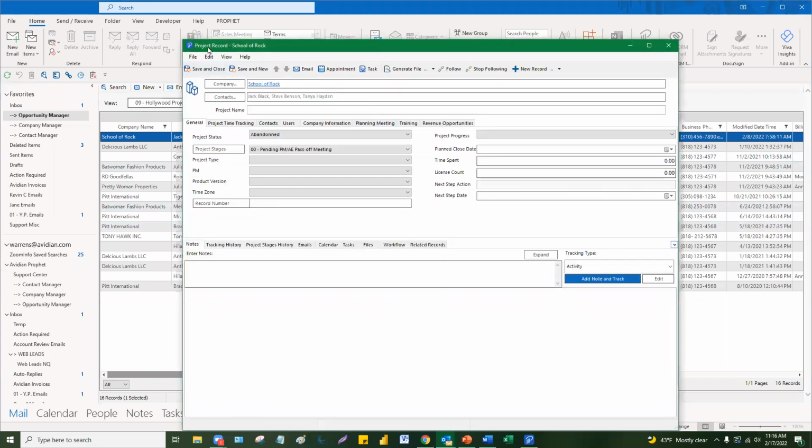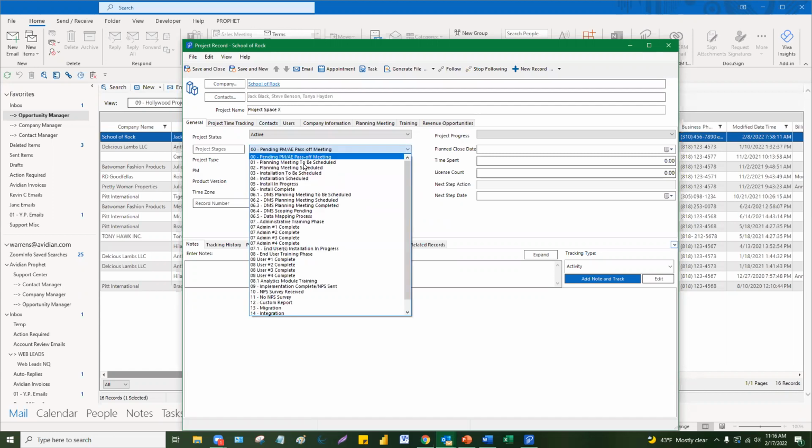So this is called a project, and this is a different type of template here. And it's, again, only for the enterprise edition of Profit. You can give it a name, project SpaceX or something. And all of these are different templates, template values and labels that you can create, like in this case, installation